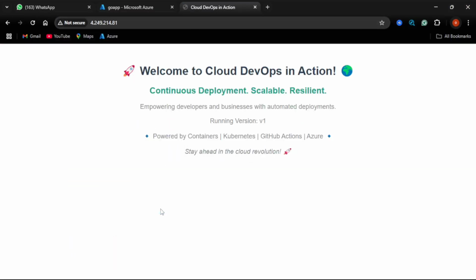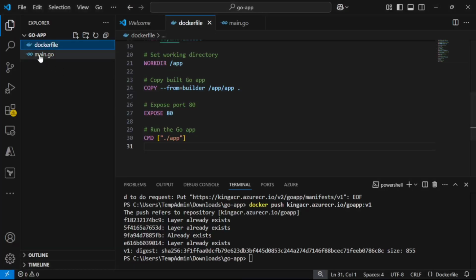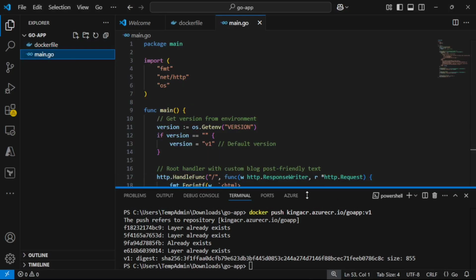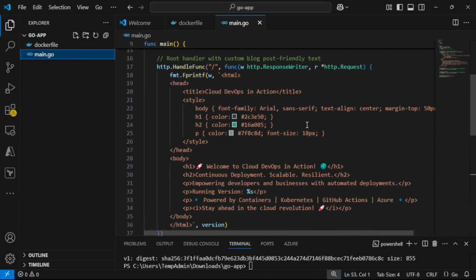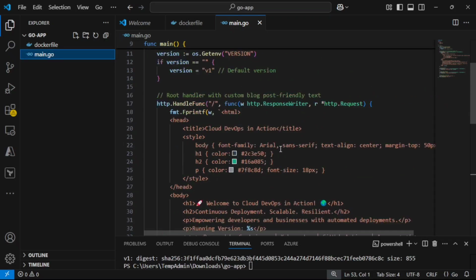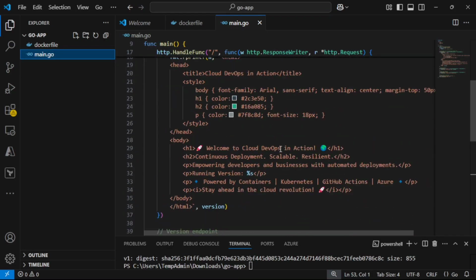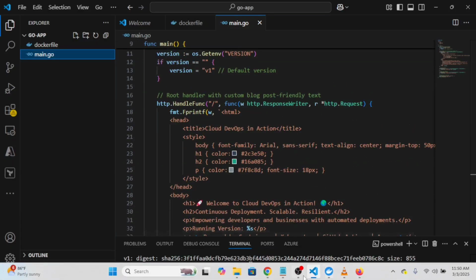It's working. And welcome to Cloud DevOps in Action. That's what we actually deployed here. This is just to give it different colors. Can you see? Welcome to Cloud DevOps in Action. So this is what we actually deployed, which is written in Golang. And as you can see,